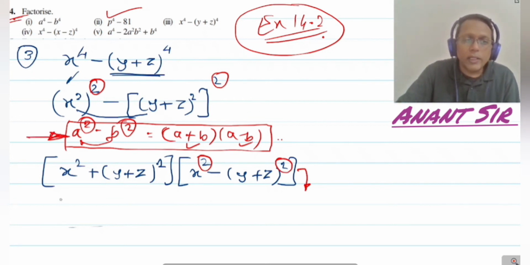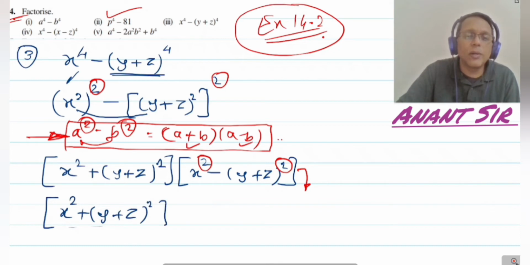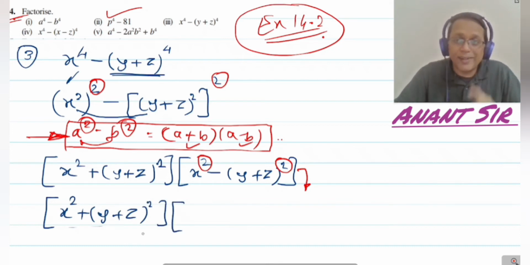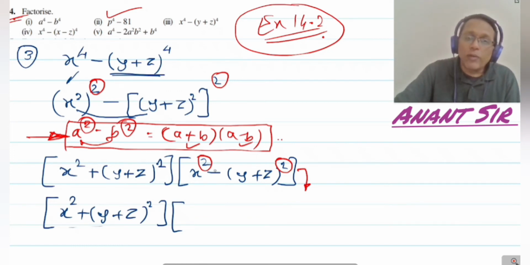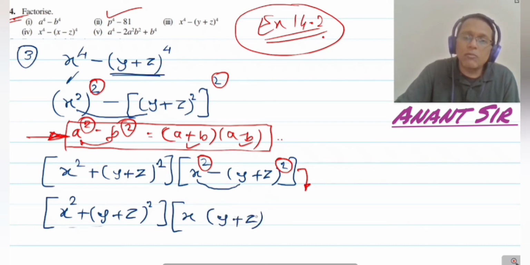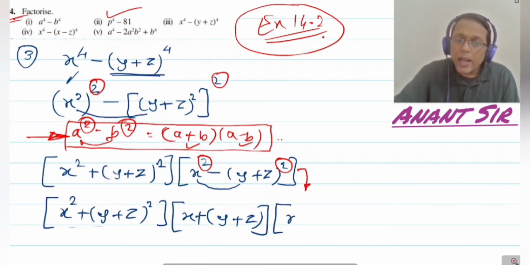We cannot do anything for the first bracket, right? We will have to keep it as it is, x square plus y plus z square, and we can do one thing. Okay, we will see afterwards. So first we will use this formula for the second bracket. So when we have two squares with a negative between them, what do we do? We add these two terms in one bracket. So x and y plus z we are adding in one bracket, and x and y plus z we are